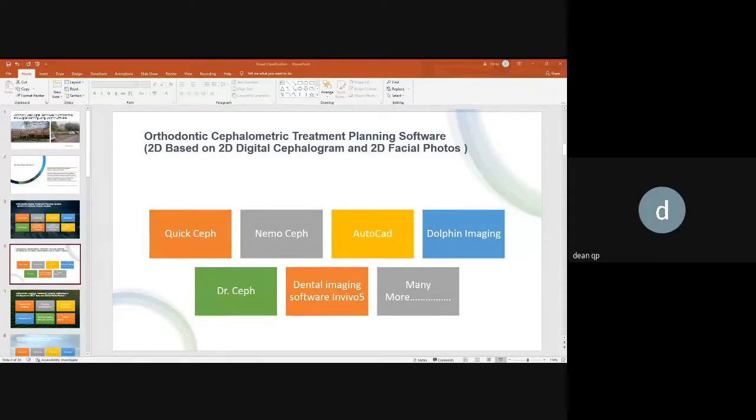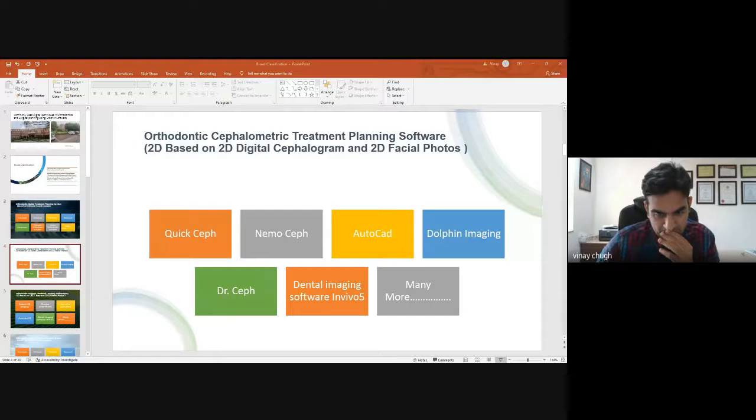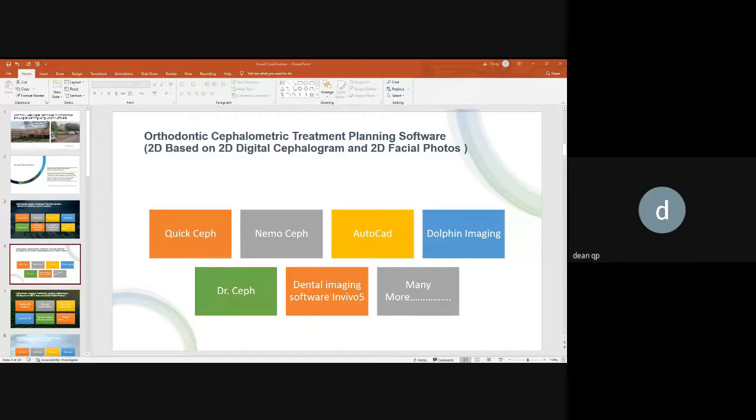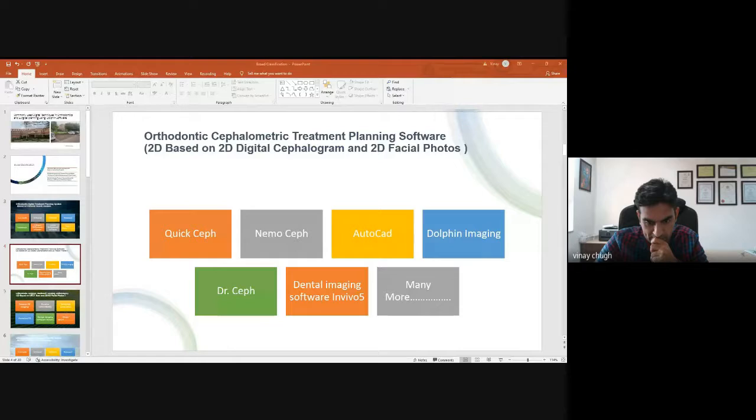No, it's stuck at 2D based on 2D digital self and 2D facial photos. I don't know why it's not moving then. Can anyone guide me? Because Would you want to stop sharing and reshare again? I have tried that, ma'am. Okay.